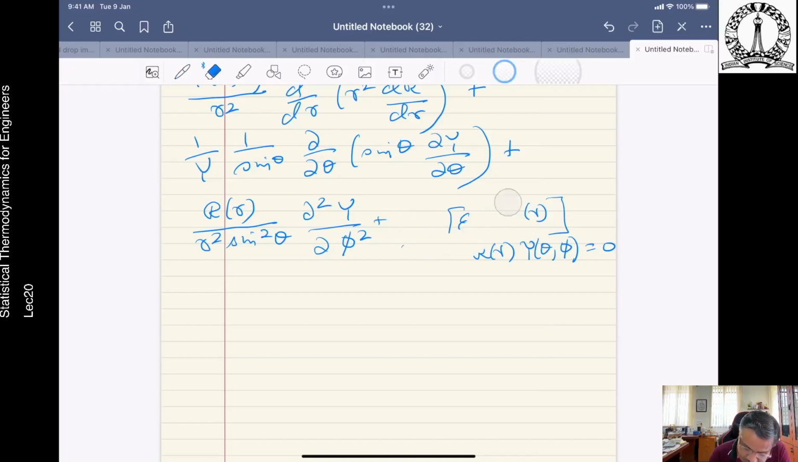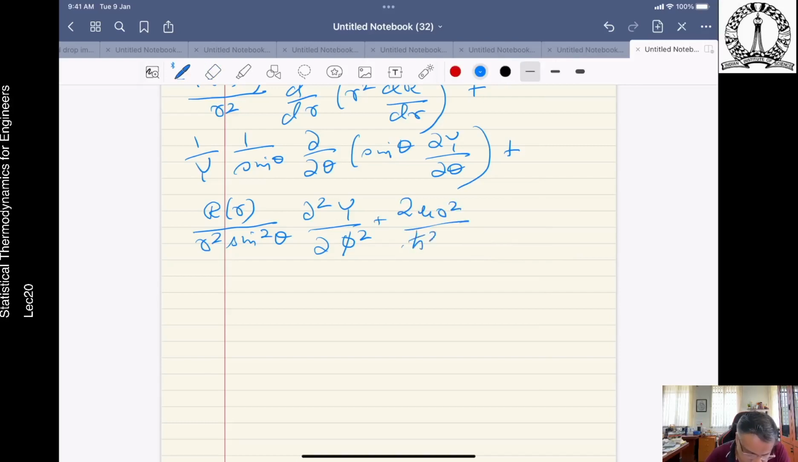This expression I wrote it down. Just a second. So this becomes, sorry, 2 mu r square divided by h square, r is equal to 0. Okay, so that's the total expression. So, right now,